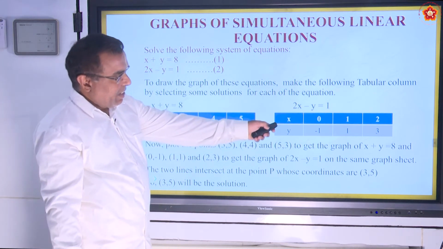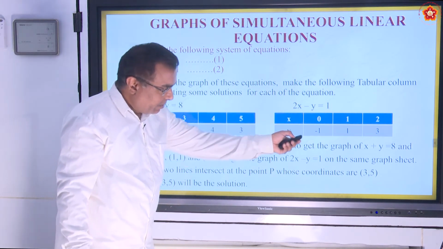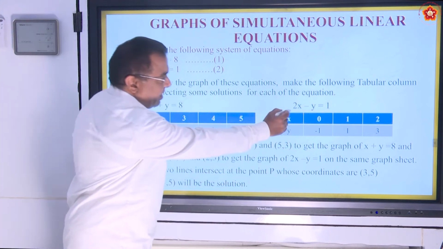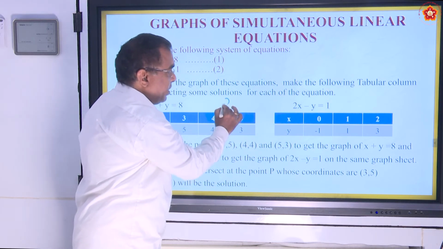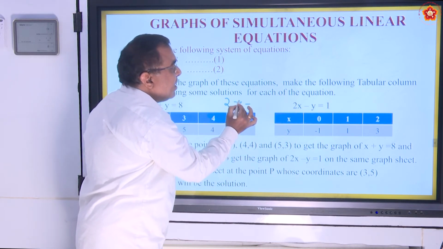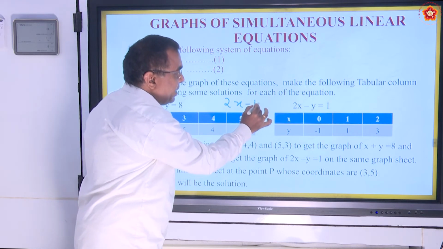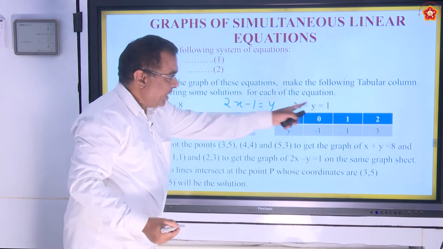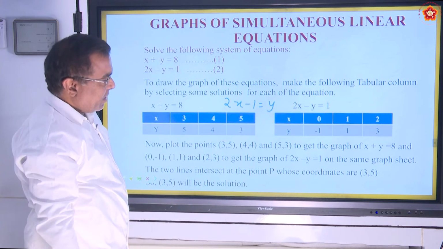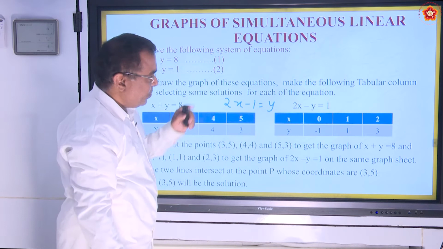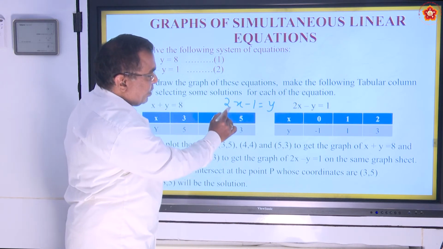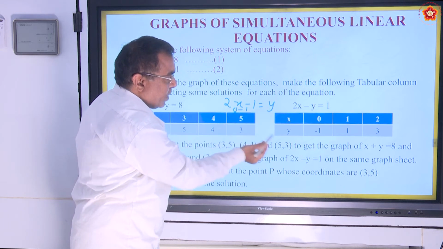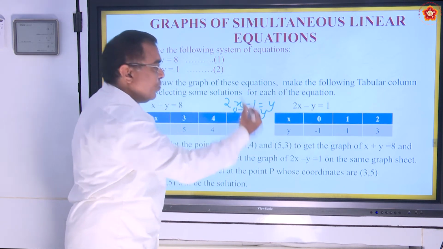In the same way, we will find the values of y at different values of x. Okay, 2x minus y equals 1. It means 2x minus 1 should be equal to y. Correct? I am bringing minus y to the right-hand side, and 1, when it comes to the left-hand side, becomes minus 1. Let us see what happens if x equals 0. If I substitute x equals 0, then 2x becomes 0, and the whole thing becomes 0 minus 1. What is 0 minus 1? Minus 1. That will be our value of y.